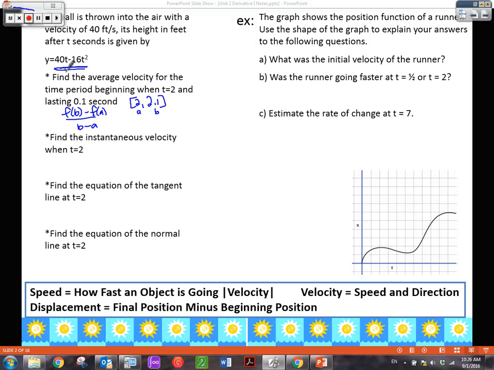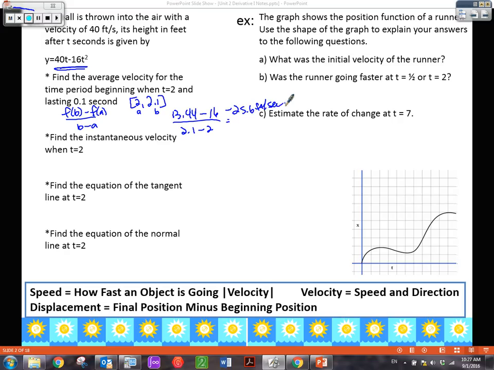When you substitute the 2.1 in, you get 13.44 minus, and then I substitute the 2 in, and I get 16, over 2.1 minus 2. Then I do that arithmetic and I get negative 25.6